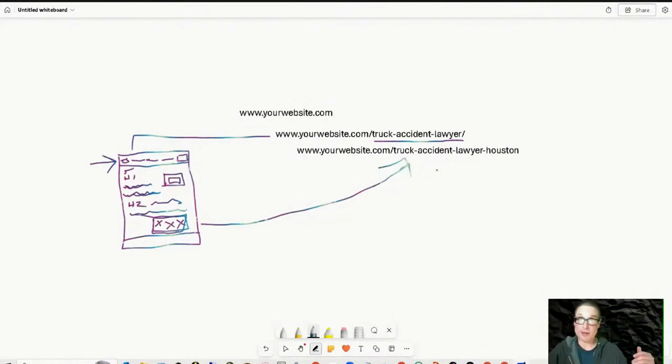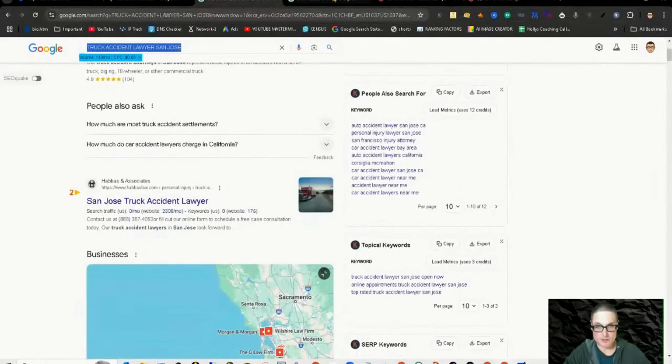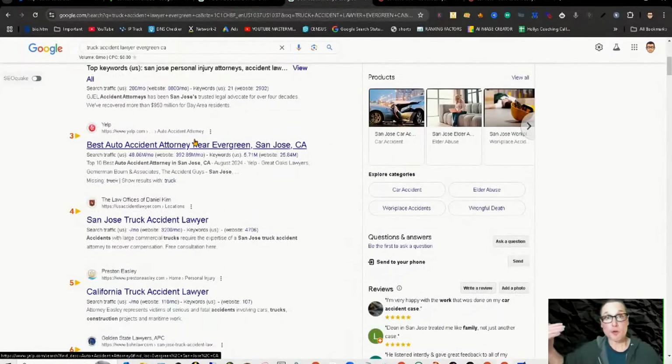Power trickles down. Not only that, we're going to interlink back. But how I wanted to outline this to you is, well, how do I add this to my site? Well, you add it just like this. You have your truck page. In the truck page, I internally link to my location page. In my location pages, to go back to our examples, if I am creating a page and we want to add Evergreen to our San Jose page, how do I add those terms to the page so I can do